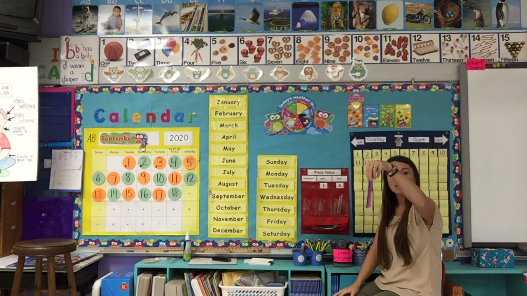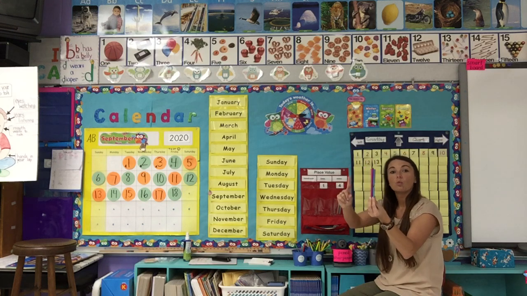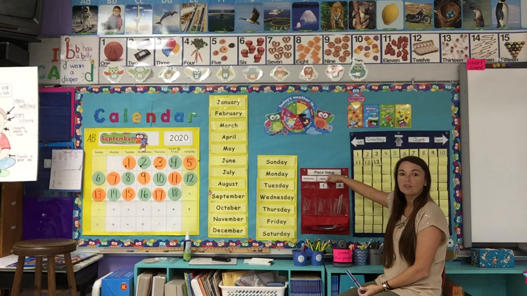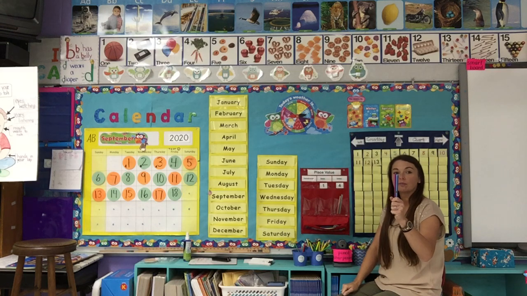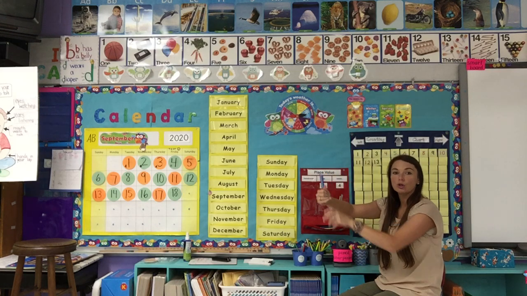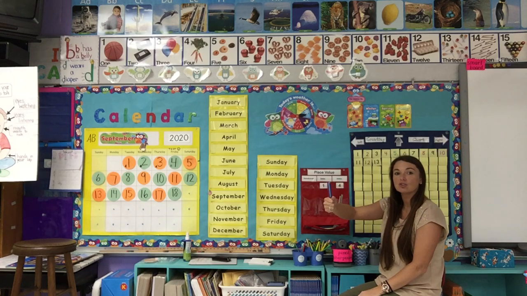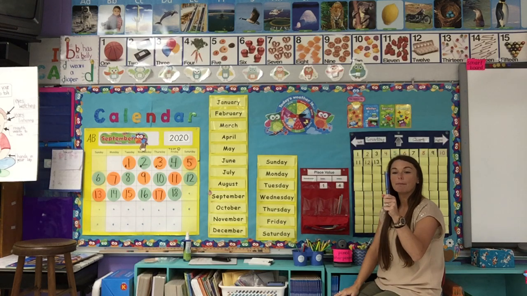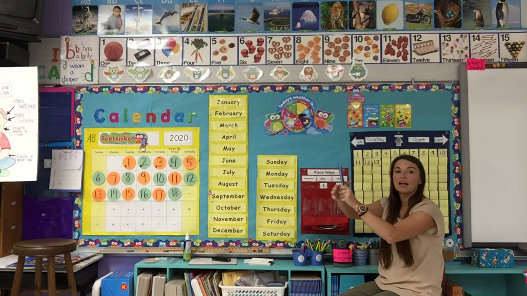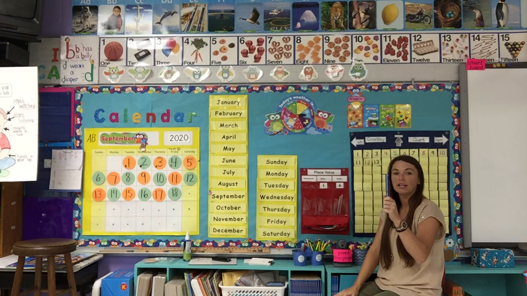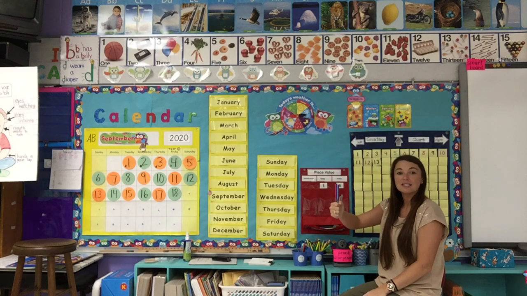So right now I only have how many groups of 10? 1 group of 10. So that's why there's a number 1 there. That 1 tells me that I have 1 group of 10. But if we're counting them and I'm passing the whole group, I tell how many straws are in that group. And there are 10 straws in that group. So if I'm passing and counting, we're going to count and say 10. Okay, so this time you count with me. Ready? I'm going to pass 10.